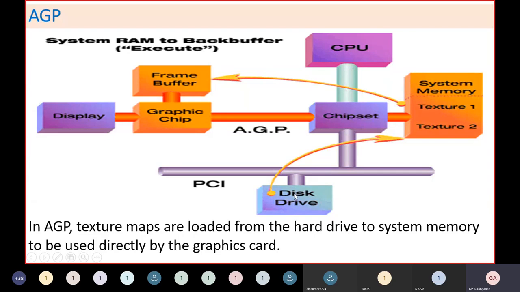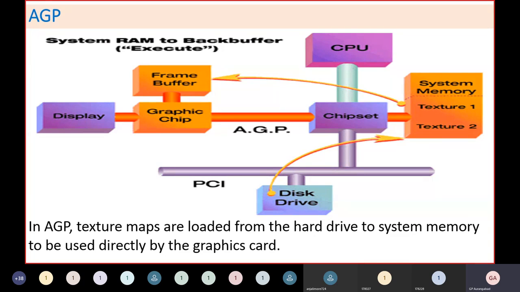So all texture maps are loaded from hard disk to memory. From memory, it directly goes to your frame buffer, where the GPU has a capability to understand these text images or textures, and from this texture it automatically converts the pictures into 3D pictures, and this is directly given to your frame buffer, which is ultimately given to your display. So this way, for any animation or video processing or what we call gaming, where a lot of graphics activities are involved, you should go for AGP.